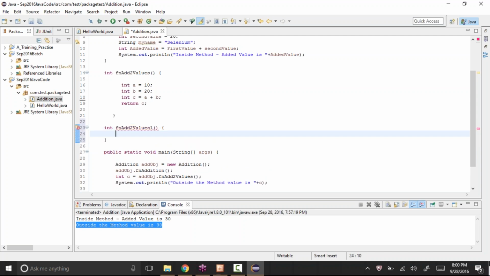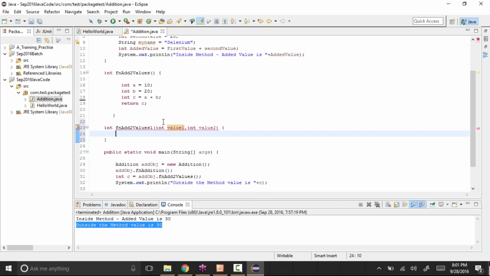In this method I'll create some parameters, in the sense that when you are calling that function, you can pass the values. See, int first value, comma, int second value, or let's just give value 1 and value 2.